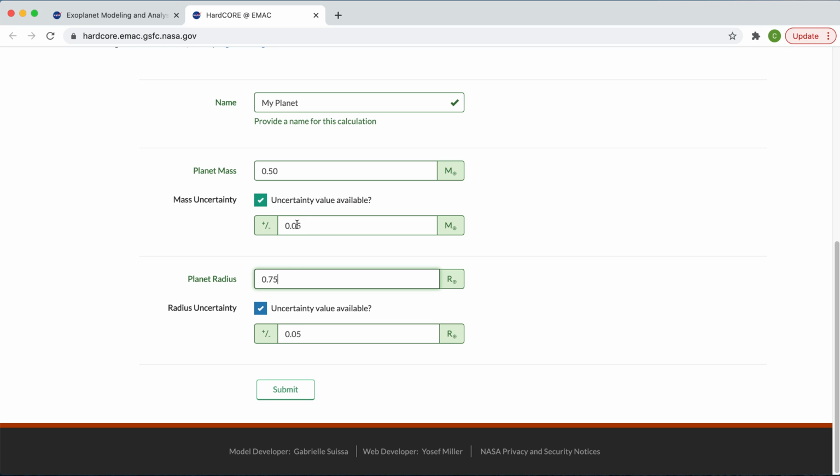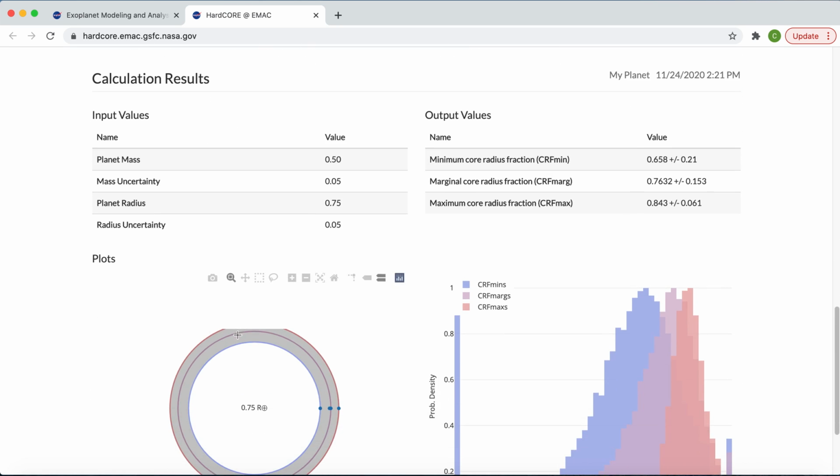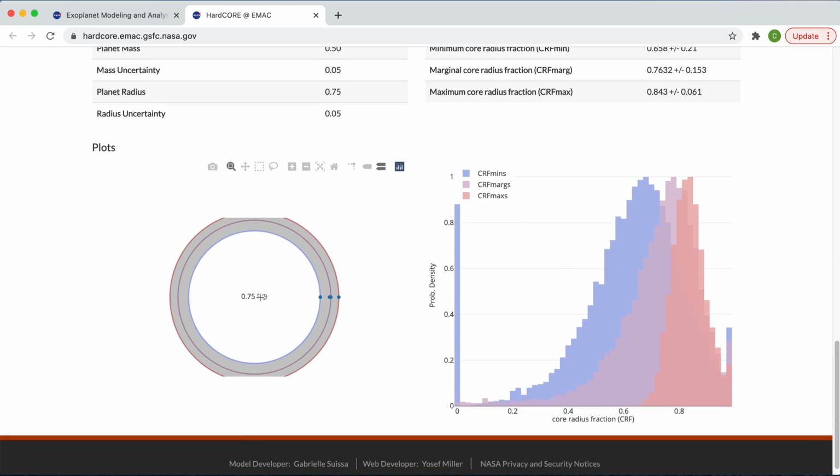with uncertainty values of 0.05 again. Submit that. It's running. It's creating it. This one's actually taking a little bit longer. There we go. Click on this, and it shows you that the minimum core fraction is at least 0.658, with